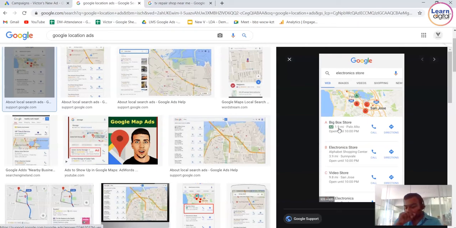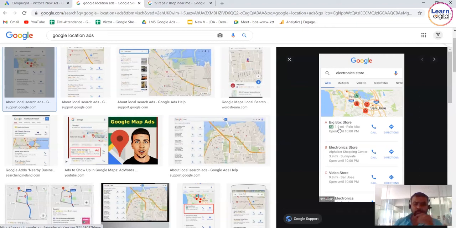There is another opportunity for you. It's not like we can only focus on a Google My Business advertisement. We have another option also. While we learned about Google Ads and Google search campaigns, I showed you the importance of ad extensions. In that ad extension, if your business is listed under Google My Business, you just need to select that option. Along with your search campaign, your location campaign will also be on. When people are looking for something like best restaurants near me or best pubs near me, your advertisement will be shown to them. They can click on it, they can call you, or they can come to your business.